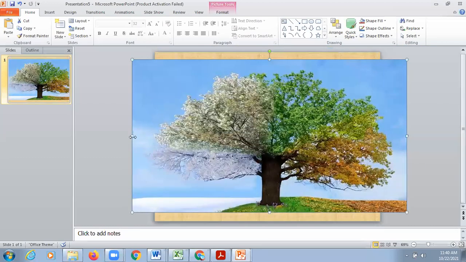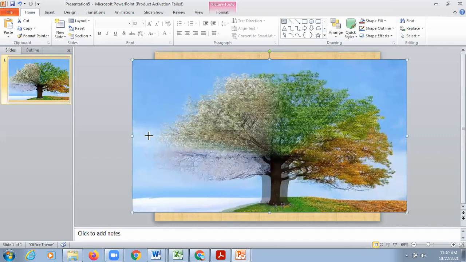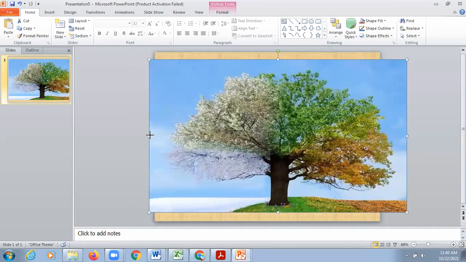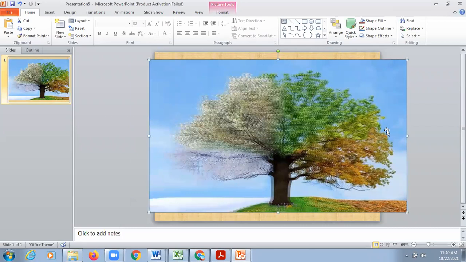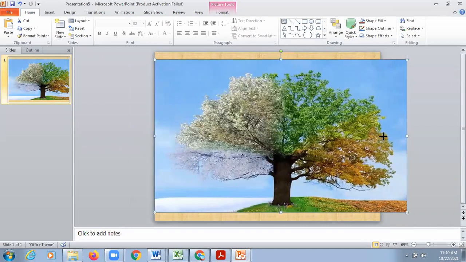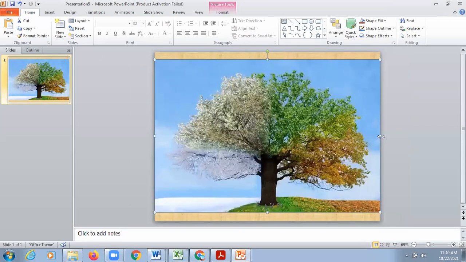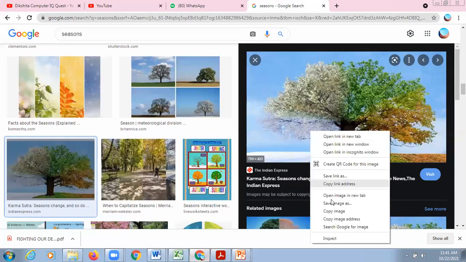Now because I have inserted it directly from the internet, the picture was not saved in my PC. Second option which you can use is, you should not directly use this picture like this. You should save it first in your computer. So let's save it also.